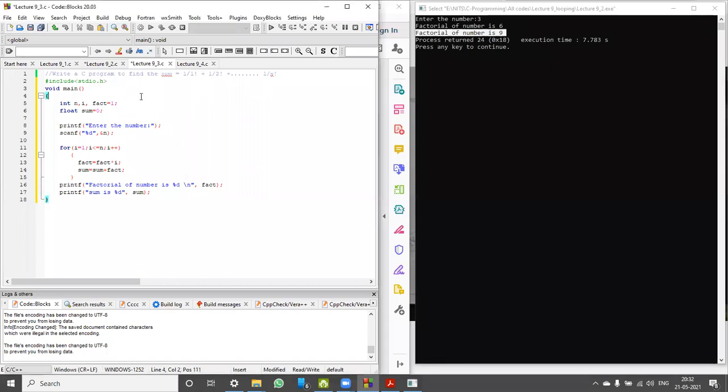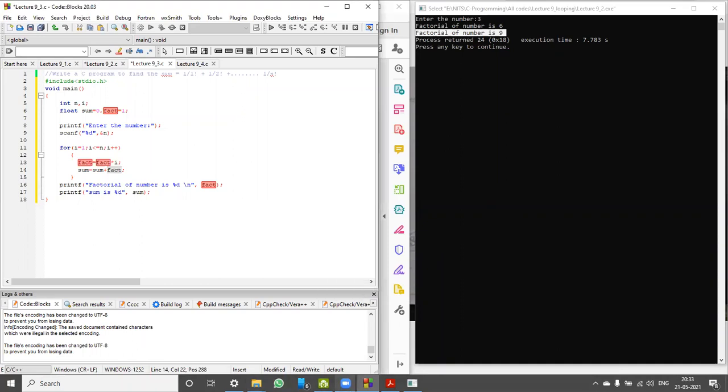For better work, I am taking factorial also as a float. So I have 1 over factorial as a floating value. Now, at this point, we need 1 over factorial.